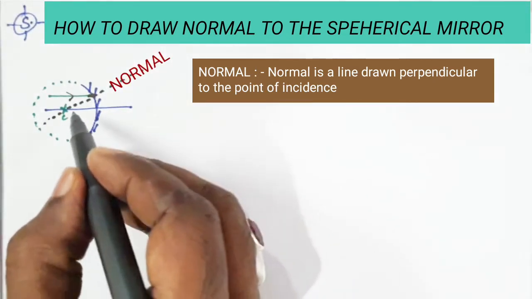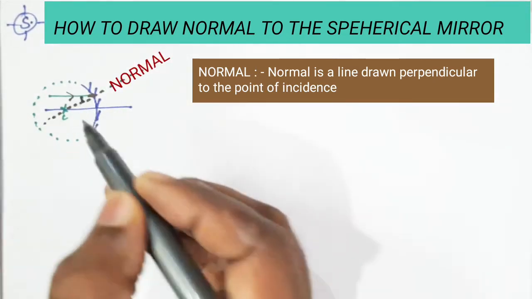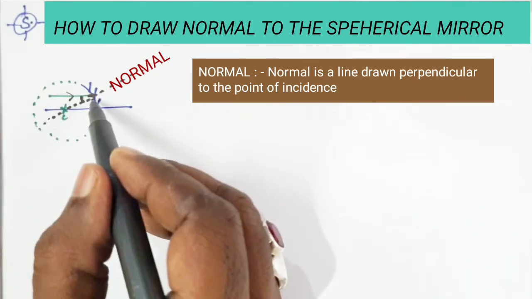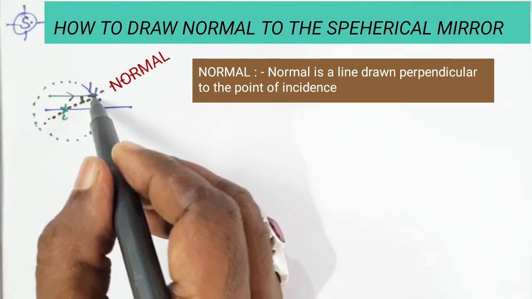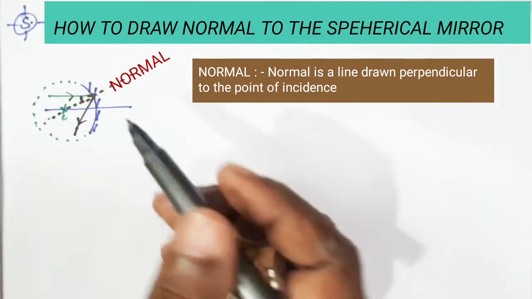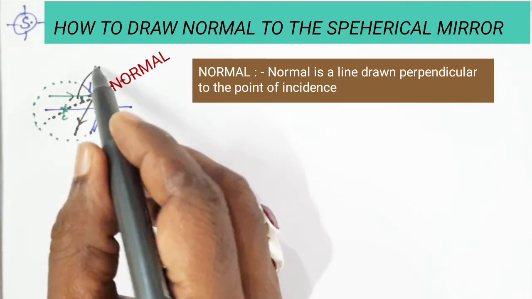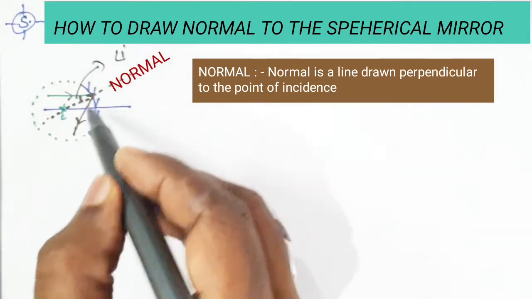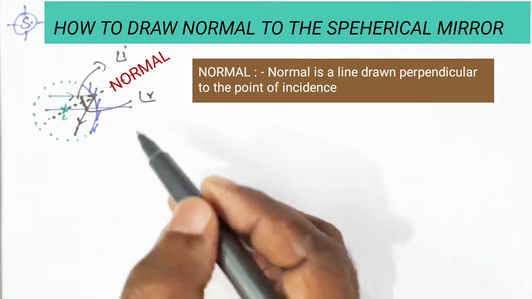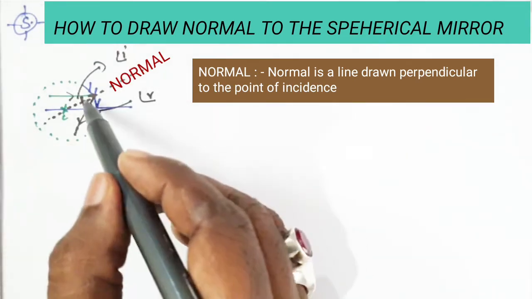That means you know very well, here the angle is going to be the incident angle. After incidence at this point, the ray is going to reflect in this manner. Is it clear to you? Have you observed? This is the incident angle, and here this is the reflected angle. The angle of incidence and angle of reflection must be equal.